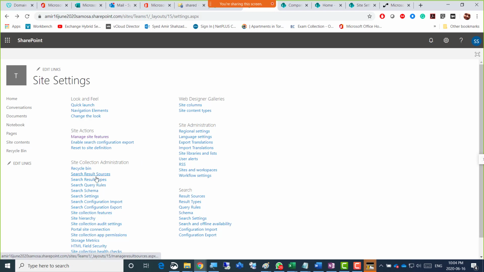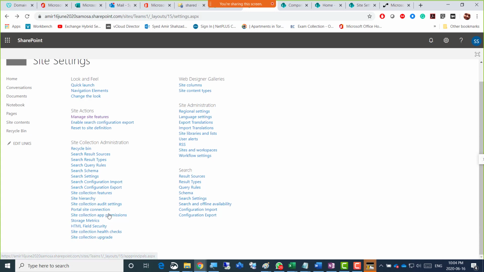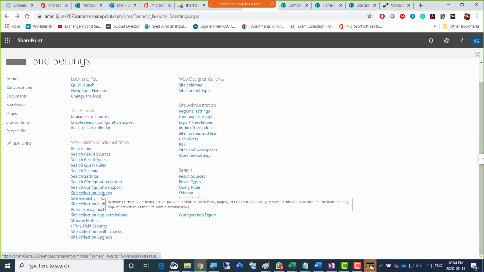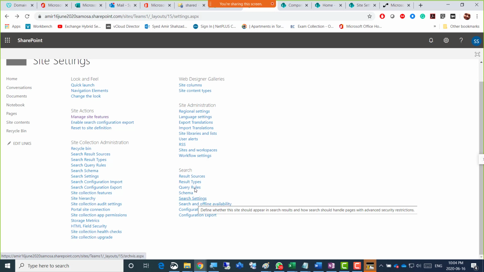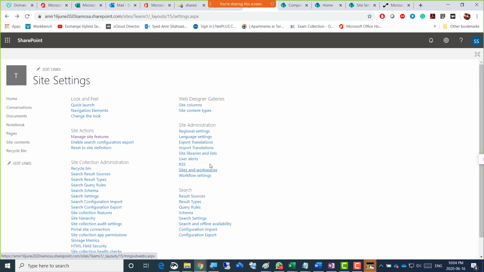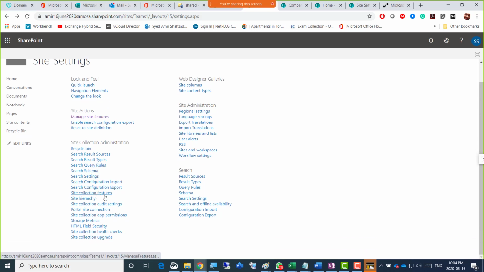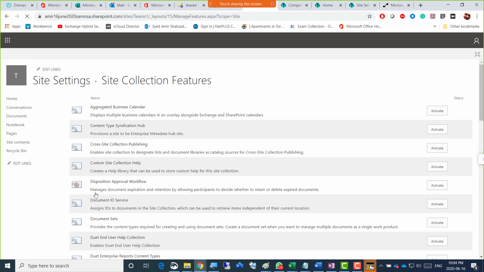Normally permissions are there, but they would be scattered around: site collection features, site collection audit, site collection app permission. Nope. If that is not there for users, yes, you're right. But I was looking for where we would add or remove users for this one. Normally, if it is part of the team, you go add users there in Teams. From Teams, you can handle that too. Audit settings and site collection features might be one more area.